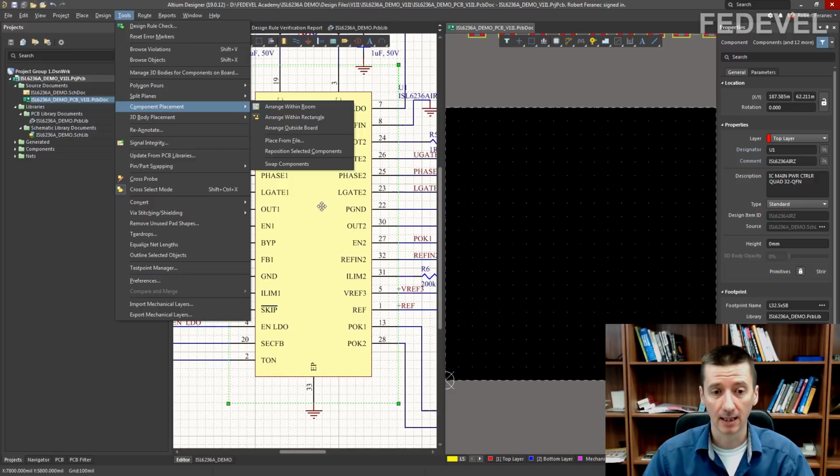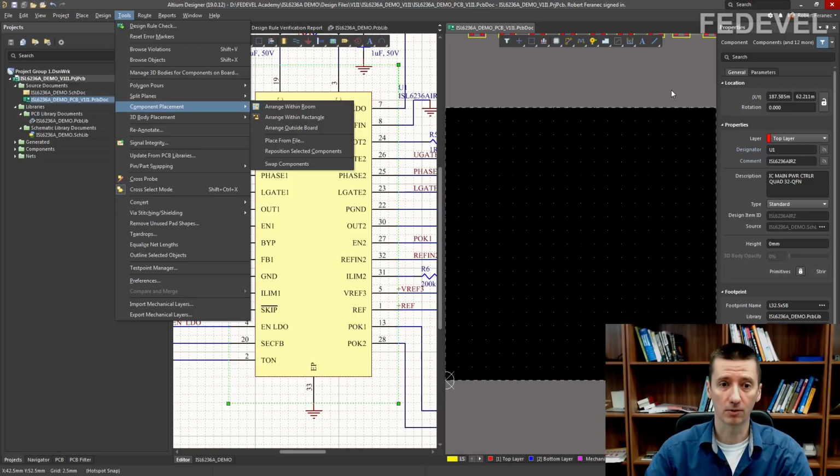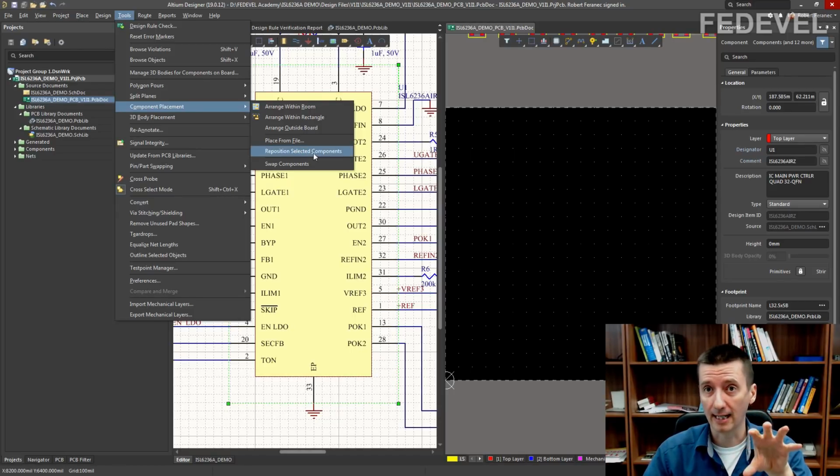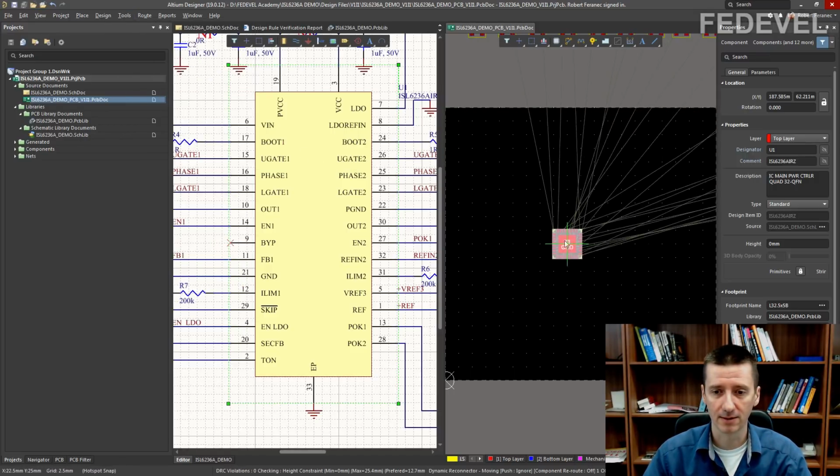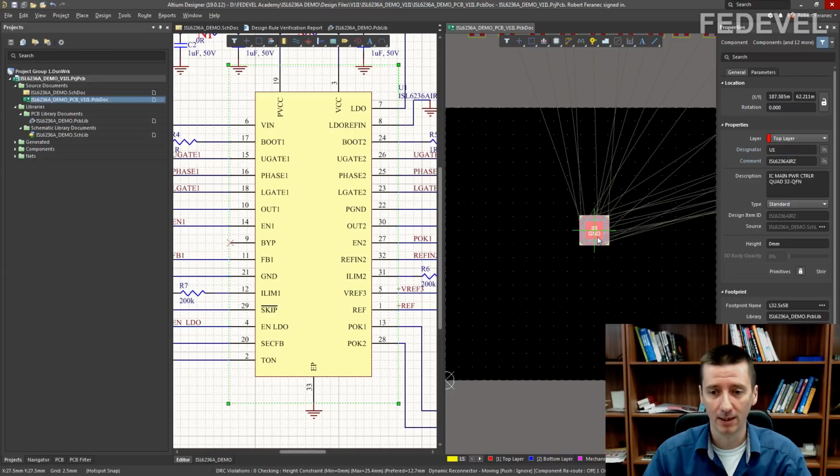Because we have selected our chip in schematic, it was automatically selected also in the PCB, and now we would like to place it. We don't want to go and find it somewhere in the PCB. We just would like to pick it up automatically and then place it in the area where we are looking. So left click here. See, we have our chip.